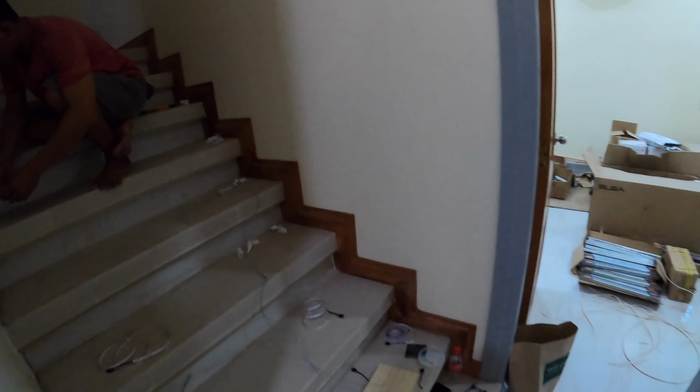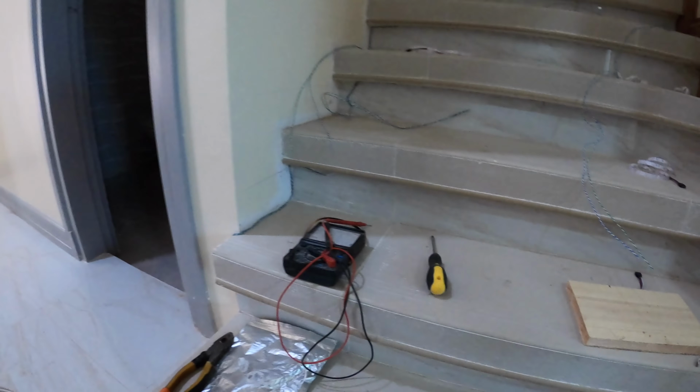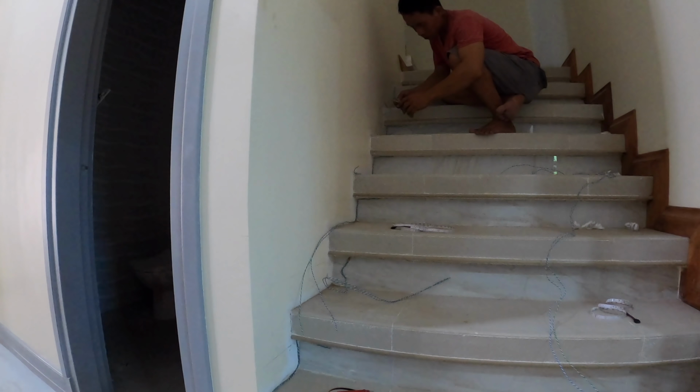Over here, Mr. Cho's been working on our understep lighting. Let me tell you how inventive and full of ingenuity people are in this country. He was telling me the other day they needed wire for the additional wiring for each of the little strands here to be able to connect them. He told me, go buy telephone wire, the 4-strand. Well, a little earlier that day, the CCTV guy had gotten rid of several strands of